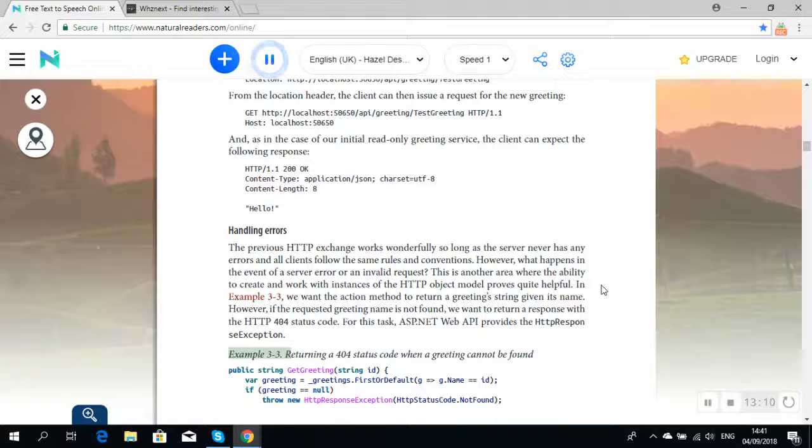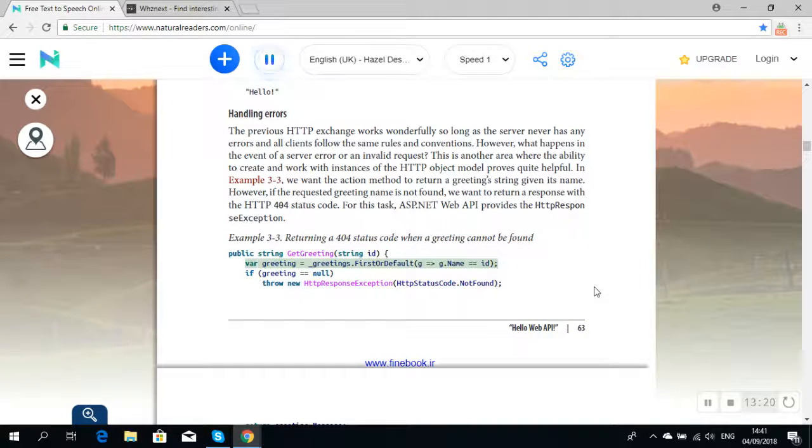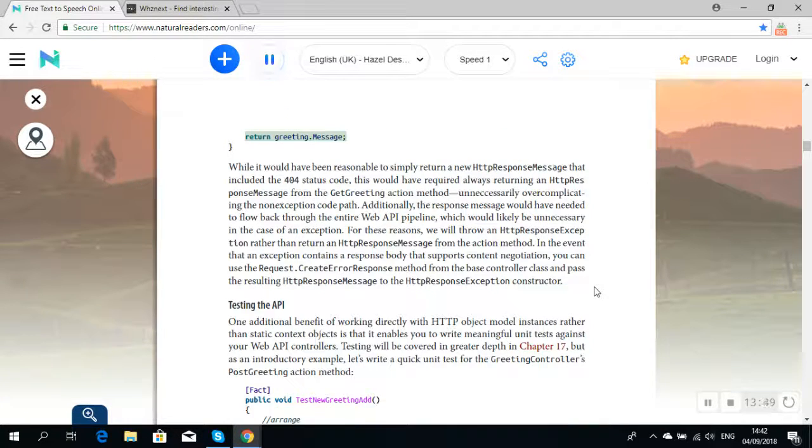Example 3.2.3. Returning a 404 status code when a greeting cannot be found. public string GetGreeting(string id) { var greeting = greetings.FirstOrDefault(g => g.Name == id); if (greeting == null) throw new HttpResponseException(HttpStatusCode.NotFound); return greeting.Message; }